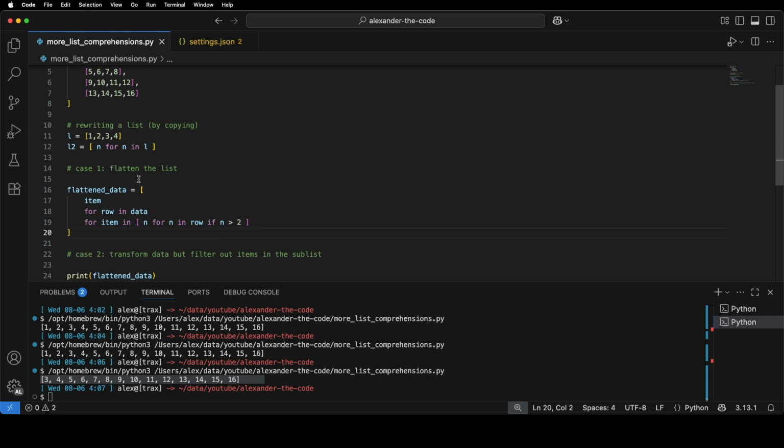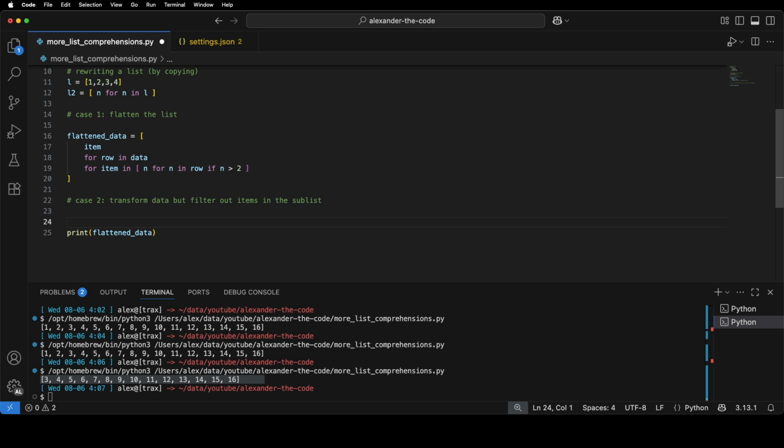Now, the second case is going to be one in which we take the source data and make a copy of it that has the same shape. So it's a list of lists, and those sublists will contain the same elements, excluding the ones that are fewer than or equal to 2. So anything that's 3 and above gets kept, and any other ones are totally ditched. So we'll say